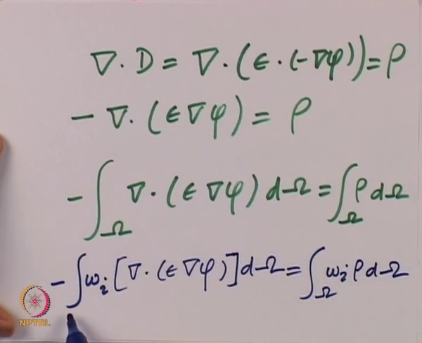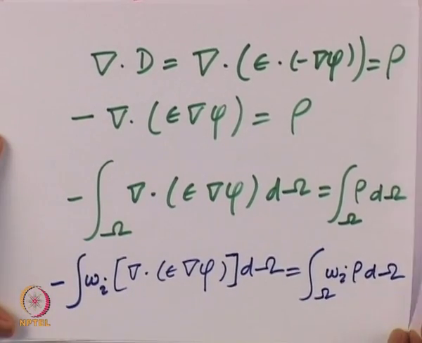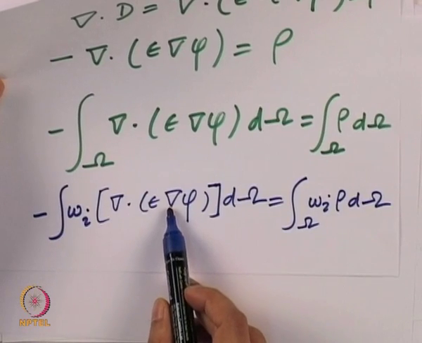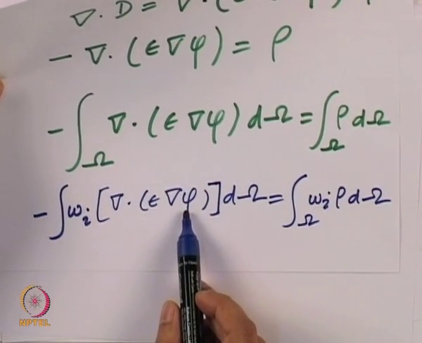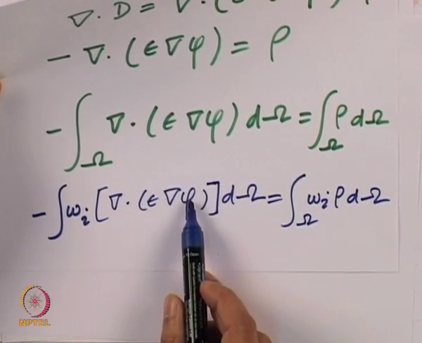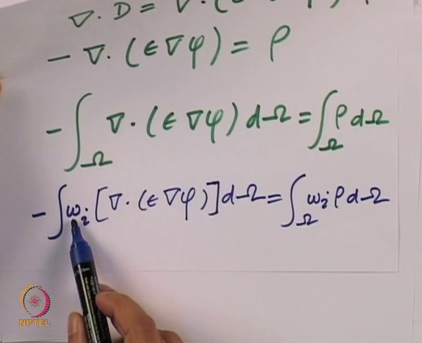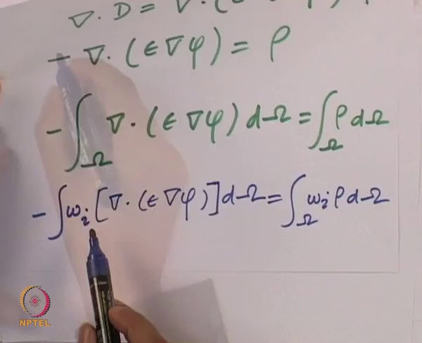So now this is the starting point. I am going to use the vector identity because here I have got a divergence and the del is on the potential itself. I ideally want to move this divergence on the phi to the weighted function. So that is why I am doing some manipulation. What I am going to do is I am going to use the identity